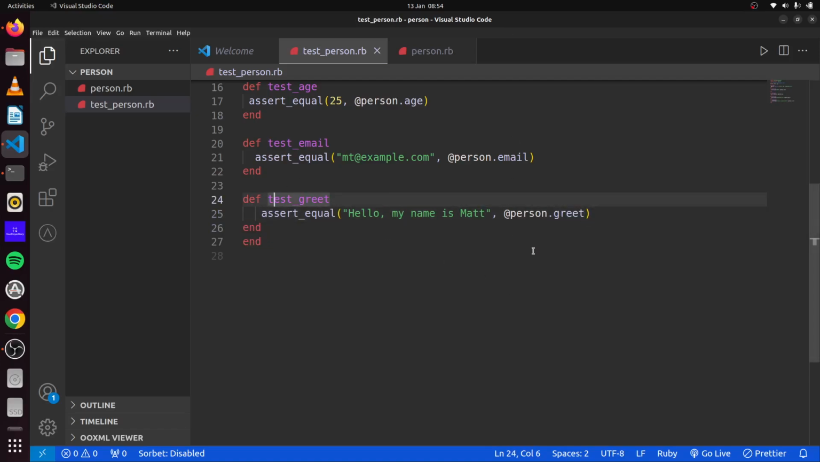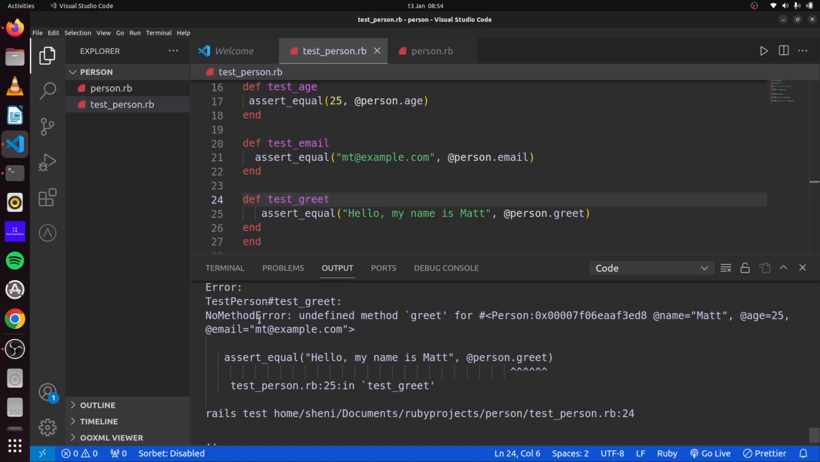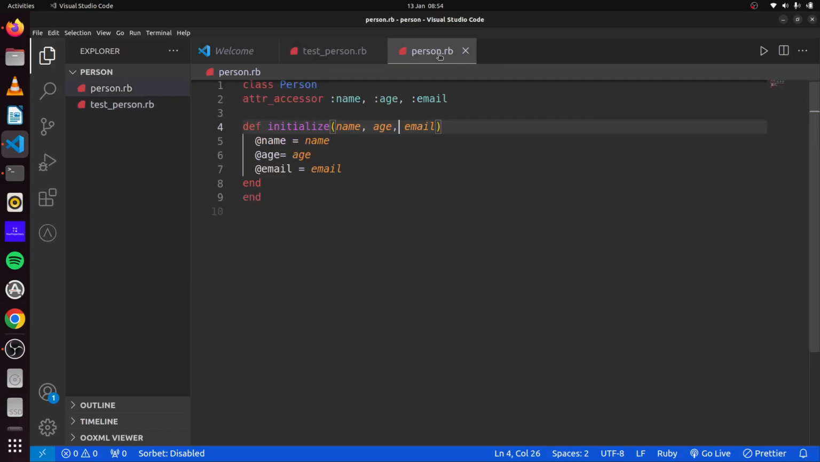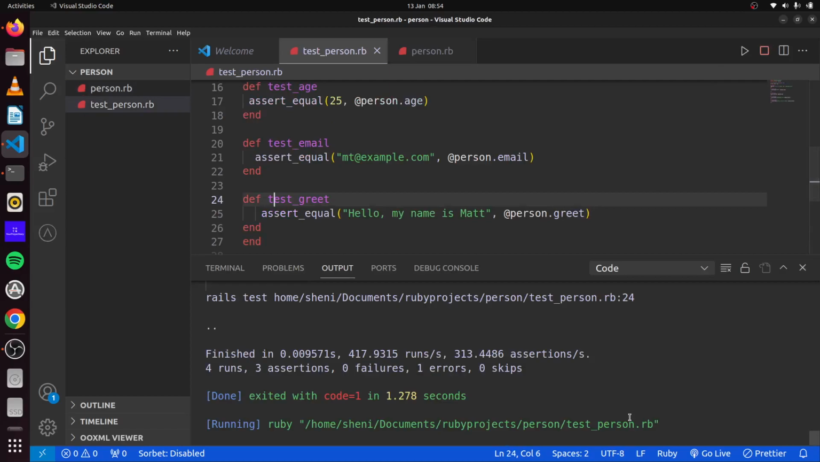So if we save this and we run this now, we can see no method error, undefined method greet for person. So what we can do is we can now come here and define our new method greet. So we save this after we have defined it here. If we run our test again,